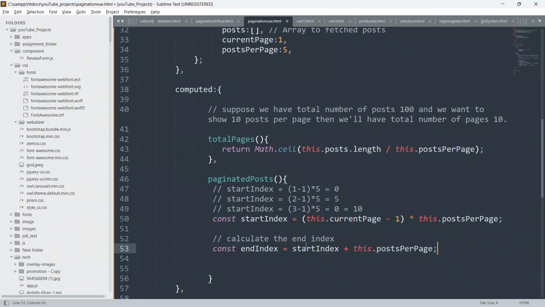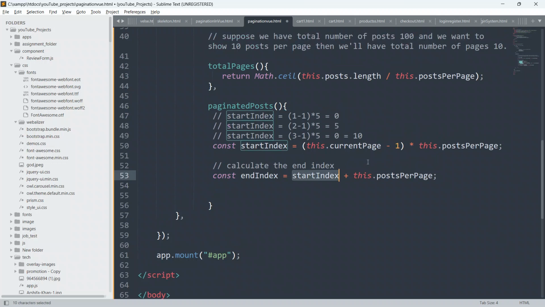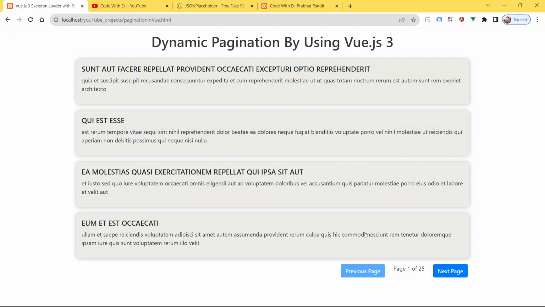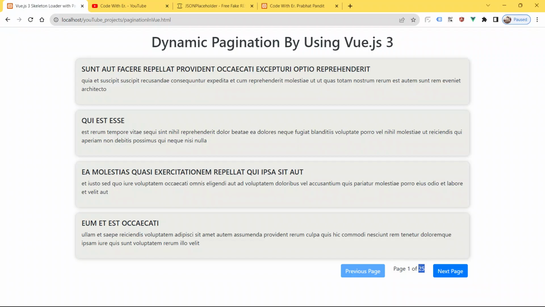Okay, again guys, this way only. Start index is here, as of now it is 10, so it will come again here 10, and post per page is 5 only, so it will become 15. So again we will go to the third page, again we will go to the fourth page, again we will go to the fifth page, and so on and so forth till the 25th page. Okay, till the 25th page, guys, the calculation will continue.